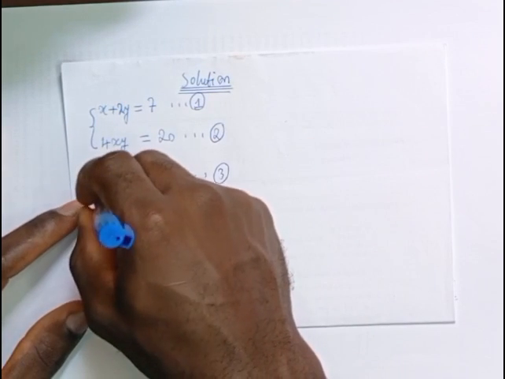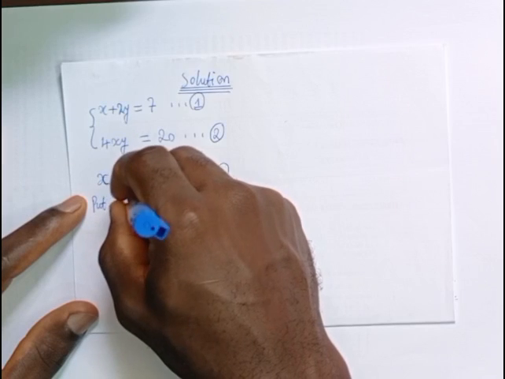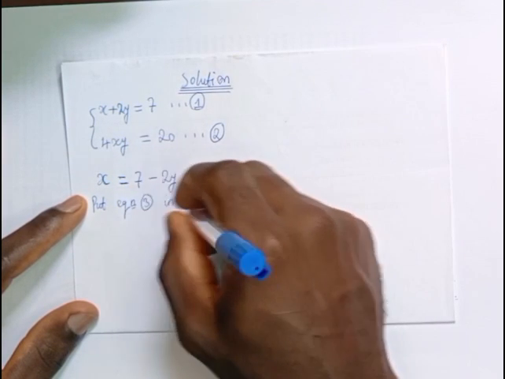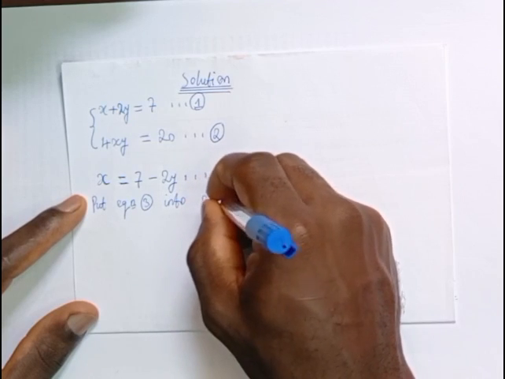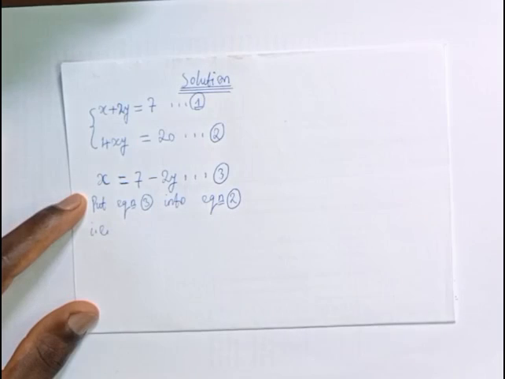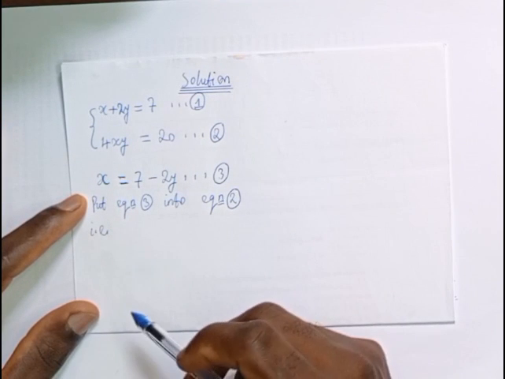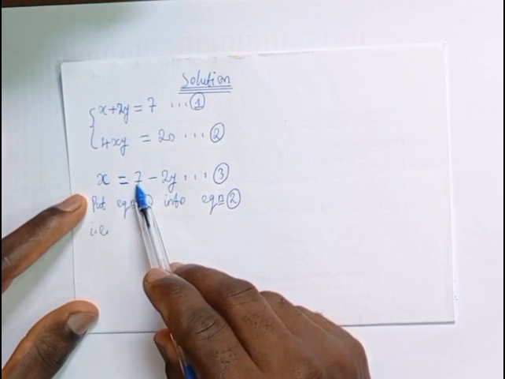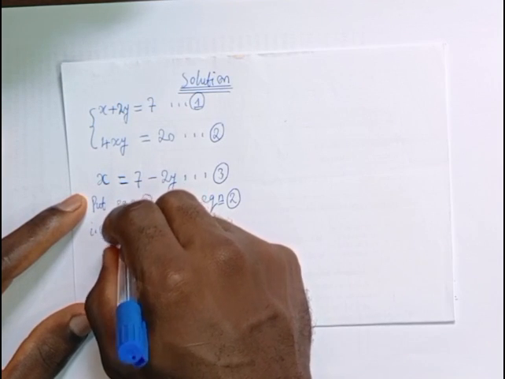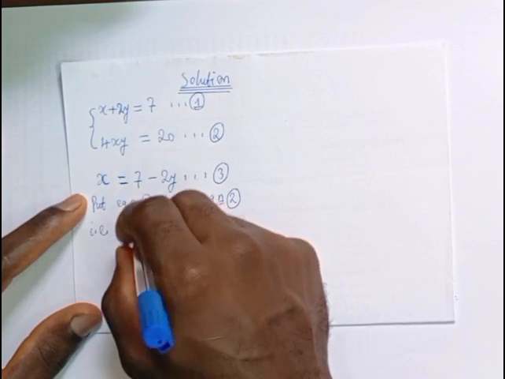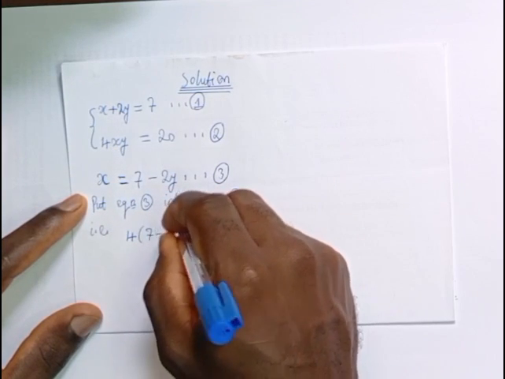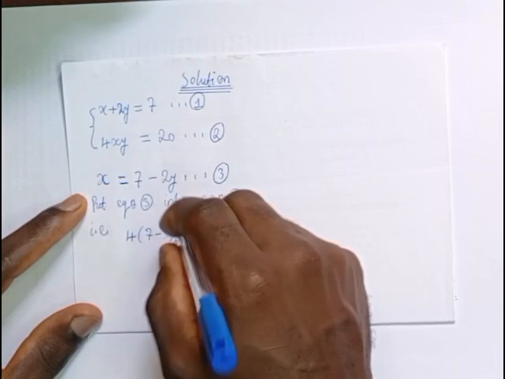Next, we are going to put equation 3 into equation 2, which has not been used. That means in equation 2, anywhere we see x, we have to replace x with 7 minus 2y. This will give us 4 times, we replace this x with 7 minus 2y, times y